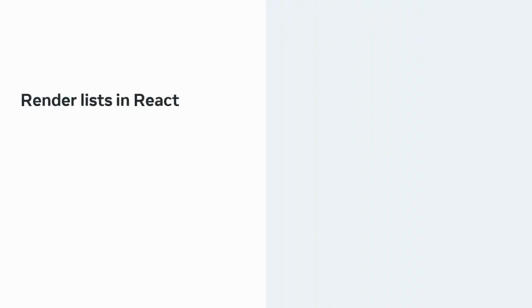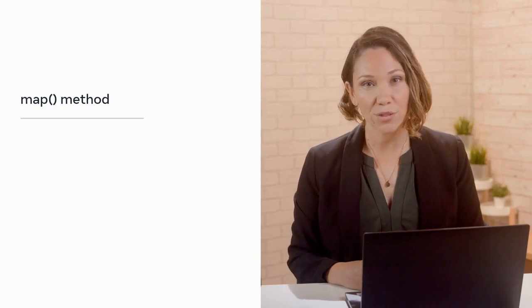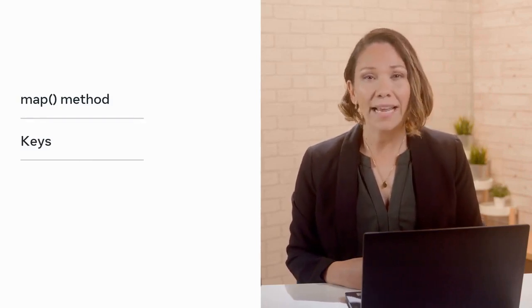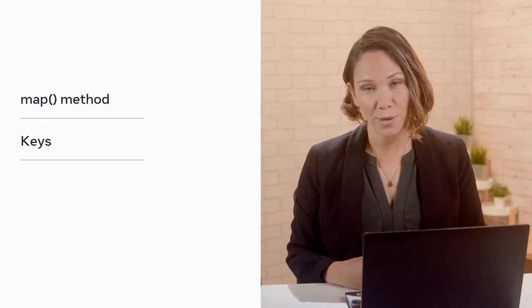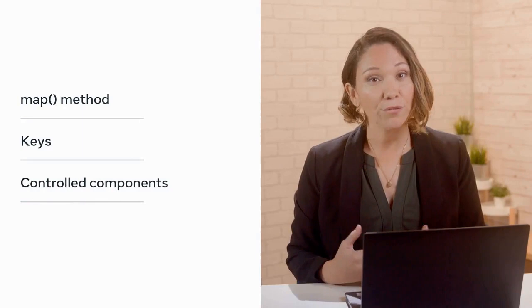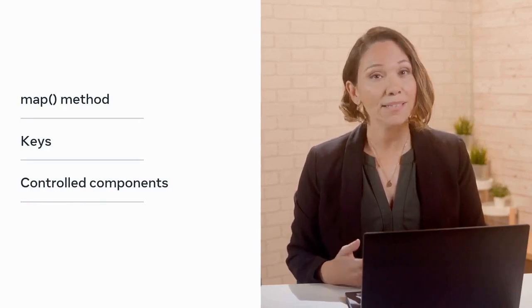In the first module, you'll start by learning how to render and transform lists in React and work with forms. In this process, you will be introduced to the map method to perform transformation operations and render lists of components. Then, you'll learn about identifiers called keys, which are an integral component in list transformation in React. You'll dive into controlled components with a focus on creating a controlled form component in React and implementing your own